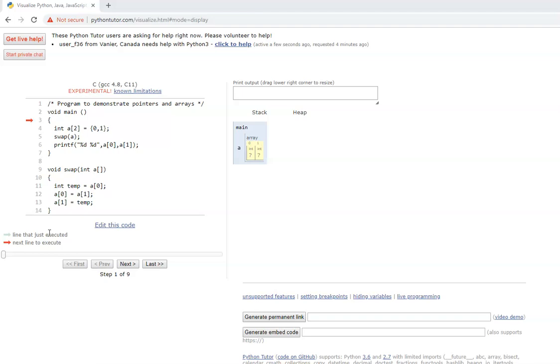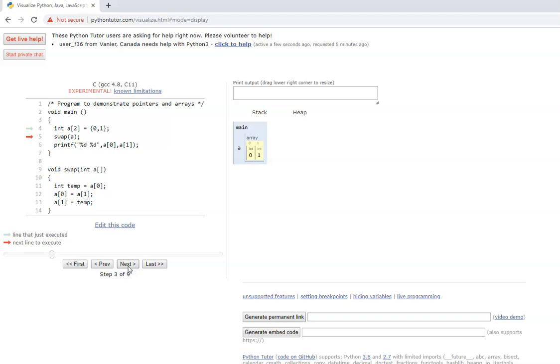Now let's look at a program. Earlier we saw a program on call by value and call by reference. Here let's take an array which has two elements, where a of 0 is 0 and a of 1 is 1, right? I'm calling swap with the array's base address a. Now I'm printing the values of a of 0 and a of 1 within the swap function. Now I'm receiving the array and making a swap. So temp is a of 0, a of 0 is a of 1, a of 1 is temp, right? Normally we saw that in call by value, if you have an integer variable here, it gets copied over here. And whatever swap happens here does not get reflected in the main program. But here it is an